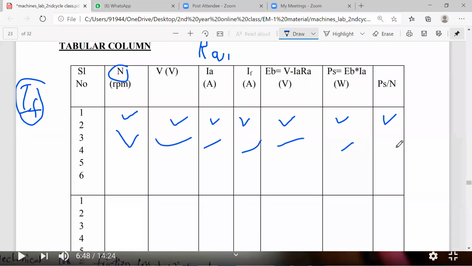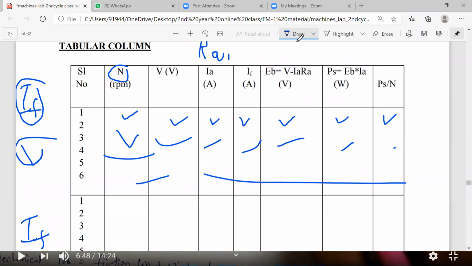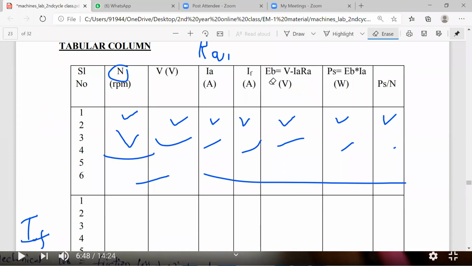Then all the meter readings are taken. By varying the rheostat, the voltage across the armature is varied. In this manner, we take different readings. So this is IF2, a second field current, that means a reduced value of field current, IF1. In the first case the field current is kept constant at the IF value. Suppose IF equals 1 ampere, and here IF1, the new value of field current, equals 0.75 ampere.